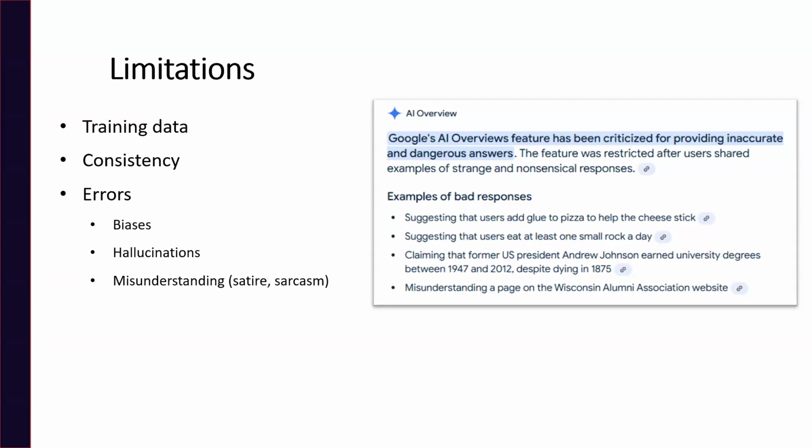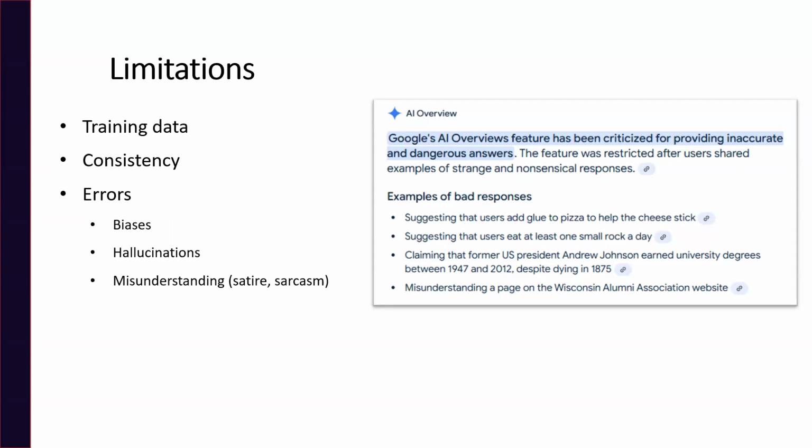So you see on the side here, I asked Google's AI overview tool to tell me why I shouldn't trust Google's AI overview tool, and they very helpfully provided me an answer here. We looked into some of these examples that they gave of bad responses, and in one case, the third and fourth bullet points are actually the same issue. The Wisconsin Alumni Association website lists alumni of, I believe, the University of Wisconsin, who have the same names as US presidents.